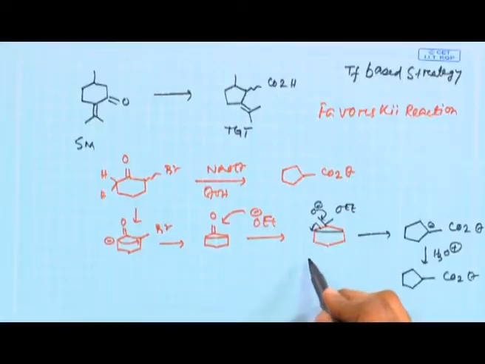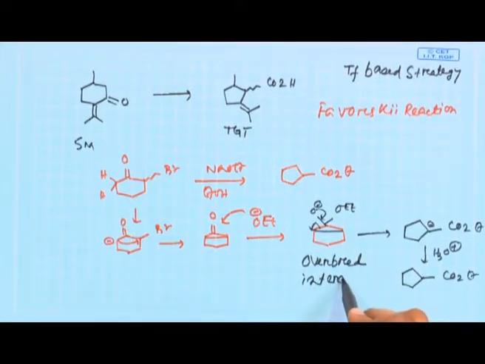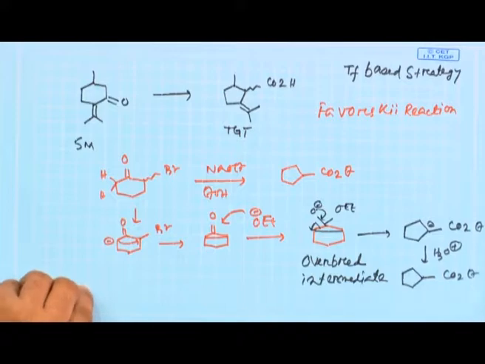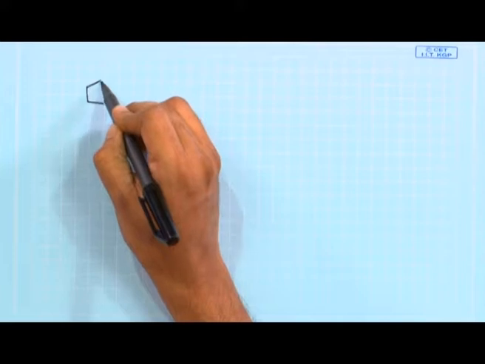In the latter part of our discussion, we will say that this kind of strained intermediate is often named a Favorskii cyclopropanone intermediate, but this is not the time to discuss it. Okay. Now, this is the Favorsky rearrangement or Favorsky reaction. So, in contrast to the current problem, you can easily formulate how the Favorsky rearrangement is useful.